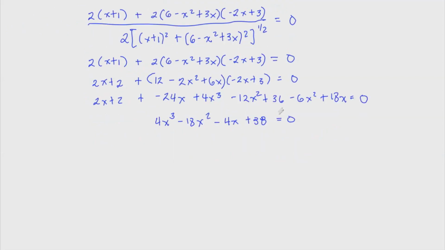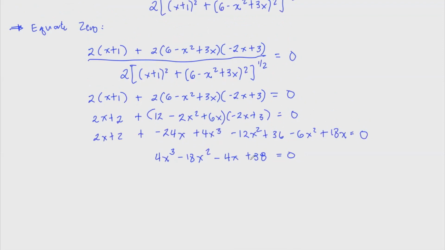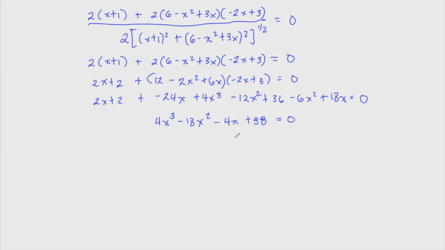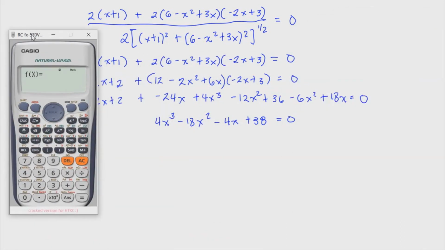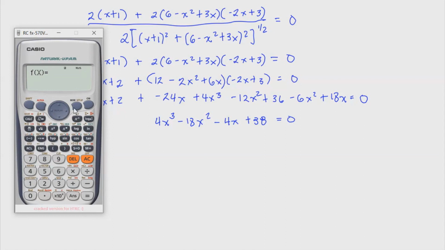Okay, so now if you'll be using the shift solve function, then you will be able to get one answer for this, because if you'll be using the shift solve, then you can always try to use the negative, positive, or the high value for the memory. Of course, that's possible. But if you do the simplifying and know that cube is the highest power, you can do that and then use your solve function. Okay, so you can always use your shift solve and then use the memory, negative, positive, and a high value. But for now, I think it is best to use this